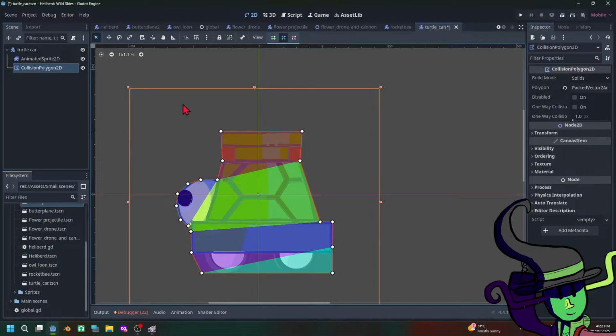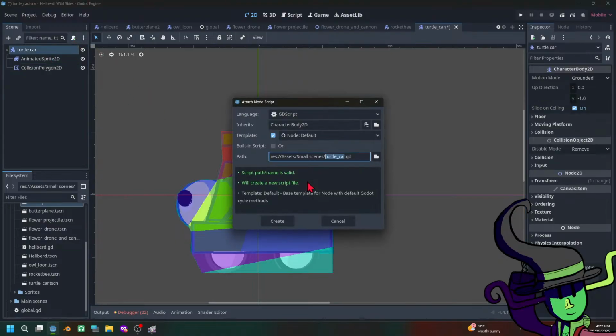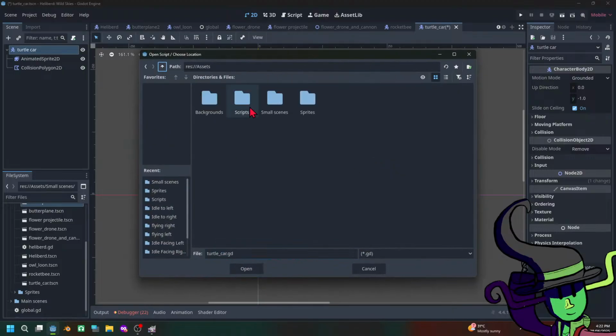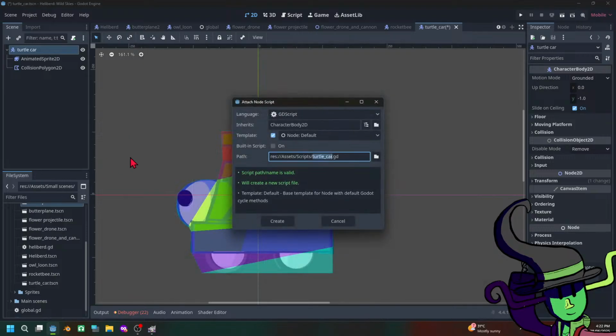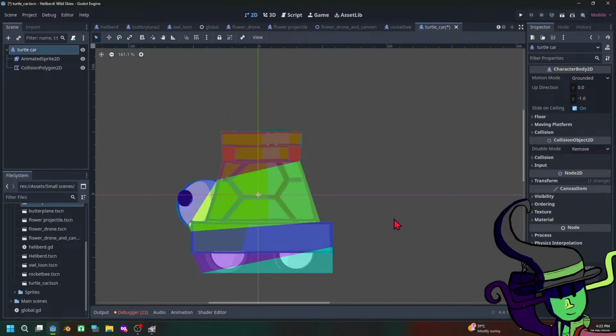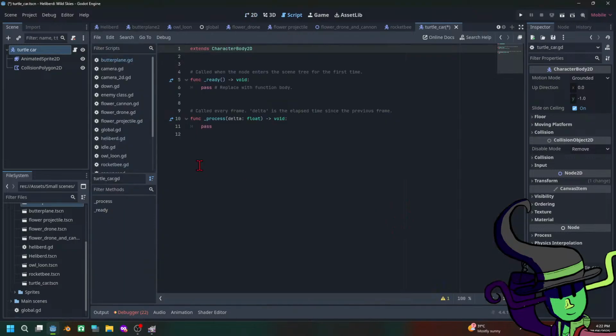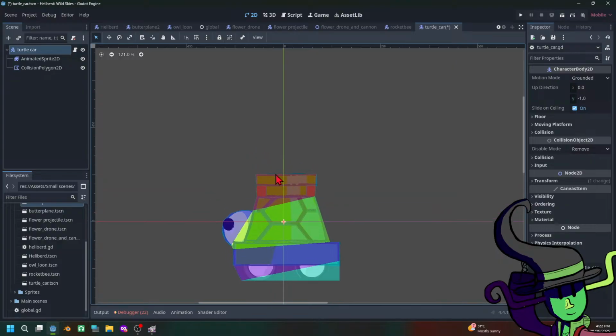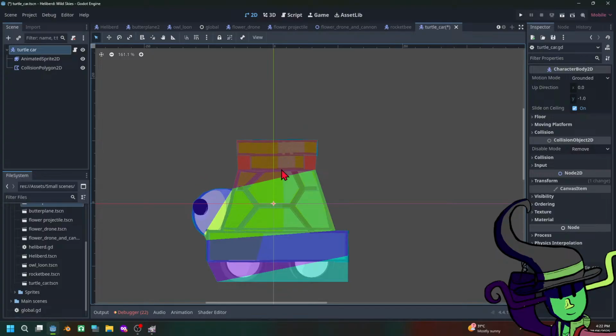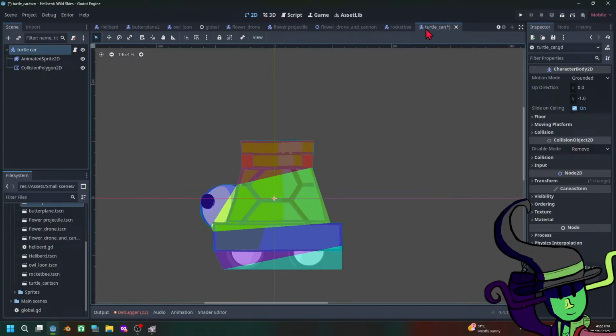Anyway, we got this set up. Let's make a turtle car script here. Put the scripts. Okay, open. Turtle car.gd, create. Alright. Okay, so the unique thing about this turtle car is that it will shoot projectiles from this cannon I've created on top of its shell. And it's a grounded enemy, so Helibird will have a hard time killing this dude. So